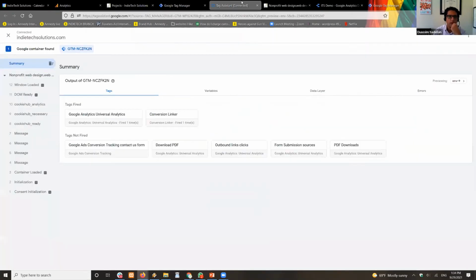Basically, the Tag Manager we're using right now sits on your website. There is your website on your left, then Tag Manager in the middle, and then Google Analytics, where you see it. Google Tag Manager creates that piece of code and sends it. As you can see here, there are some tags that are not fired yet. For instance, I have some PDF downloads and some outbound links and other things. So let's test the download PDF for a second.